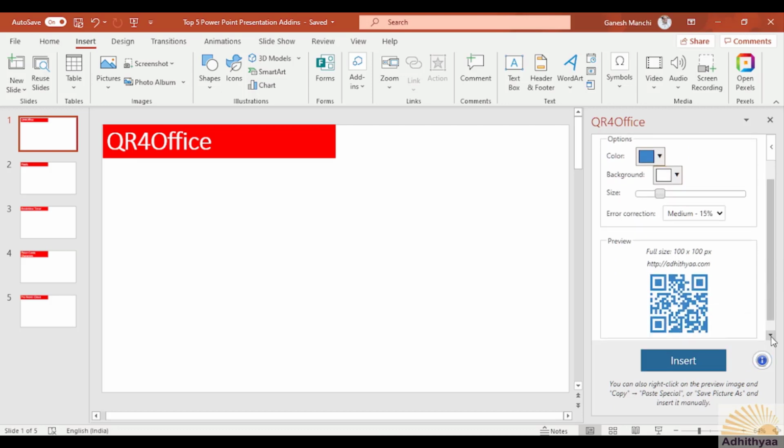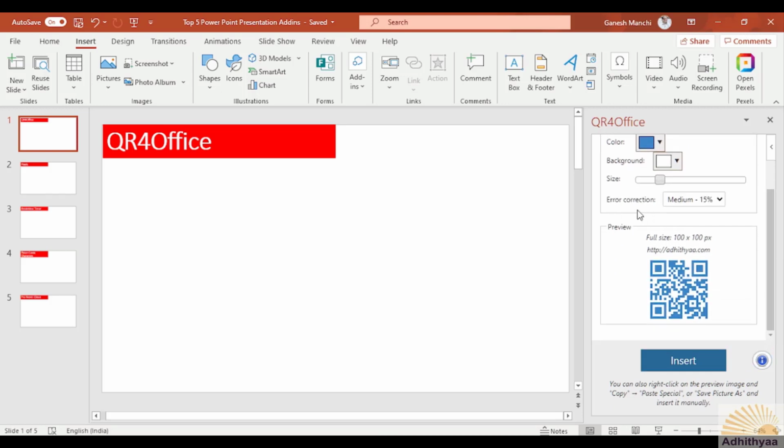Now go down and see error correction. I will leave it as it is because there is not much we can do, but for experiment purposes you can try it. Now you can see the full size is 100 by 100 pixels and http aditya.com has already been embedded here.